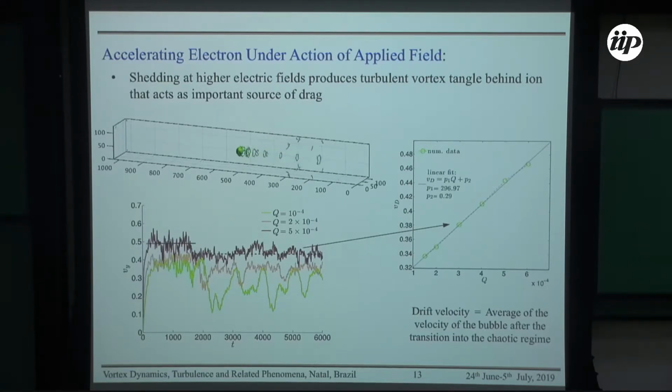Okay, so repeating the simulations for various values of the applied field and calculating the drift velocity, we can then identify a mobility, because you see some kind of linear dependence here. Now, at this point, before we go on to compare with experiments, I should say